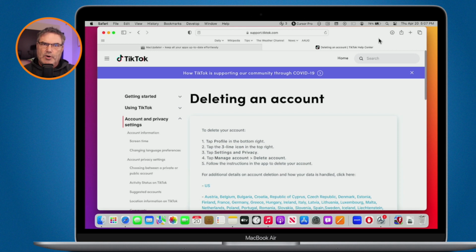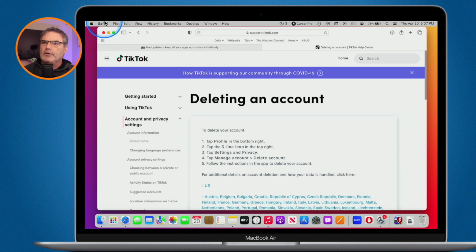So the last step that you'll want to do is make sure that you remove any notifications so you don't receive those. On the iPhone and the iPad, it's pretty easy to do. Once you delete that app, it's not going to send you notifications. So you don't really have to do anything with that. But on the Mac, what you need to do is turn off notifications for that particular website. Now, I'm using Safari. So what I need to do is go to Safari's preferences.